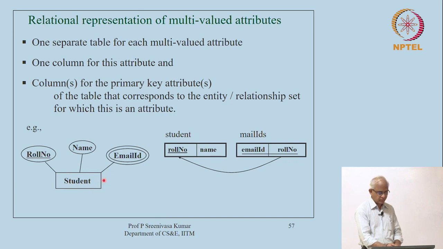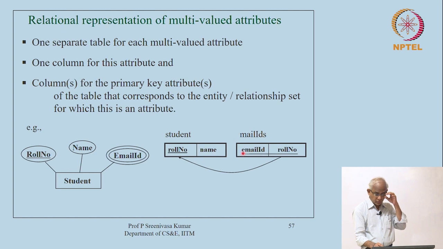So, let us take just one example here. Email ID. We will do this after the entities have been mapped into tables. Right now student has already been mapped and it does not have the multi-valued attribute. That is why we did not mention the multi-valued attribute when we were mapping. We said they will be dealt with separately. So, now take up this multi-valued attribute, create a separate relation for that, and you will have to invent the name for the relation, and then introduce this attribute name and then the primary key of the entity for which this is a multi-valued attribute,